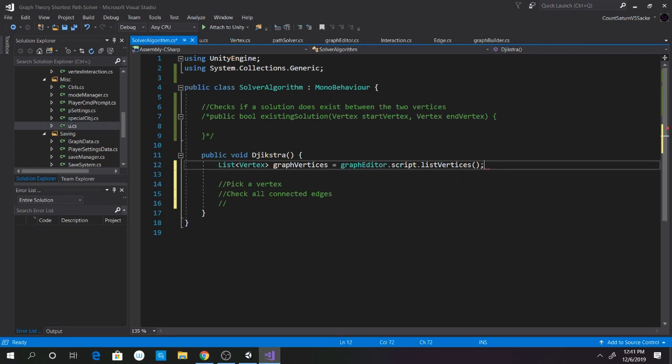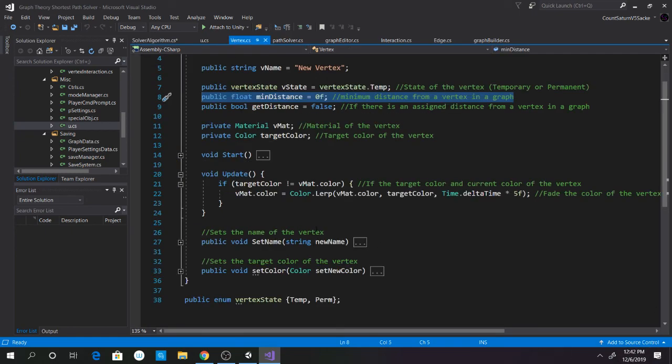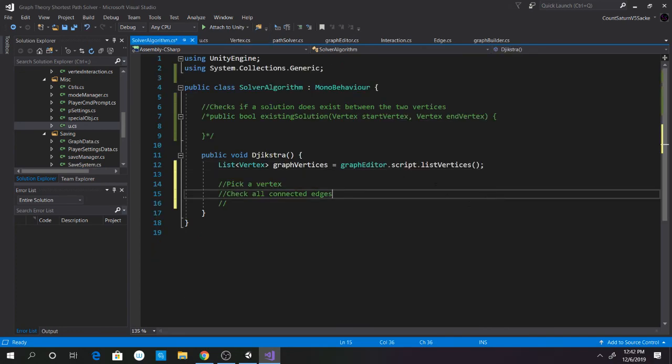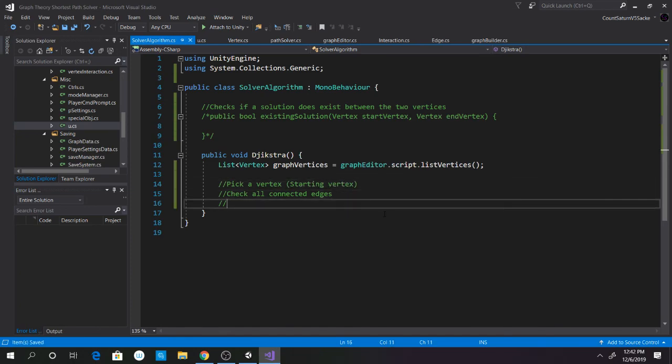Wait, I'm having such a hard time understanding how to do this. Now I'm wondering if I should make a dictionary of vertices and floats. Technically we can associate them, but that would be useless because the vertex already has a given minimum distance variable in it. So what we have to do is pick a vertex, which is going to be the starting vertex, check all connected edges, and then get the minimum